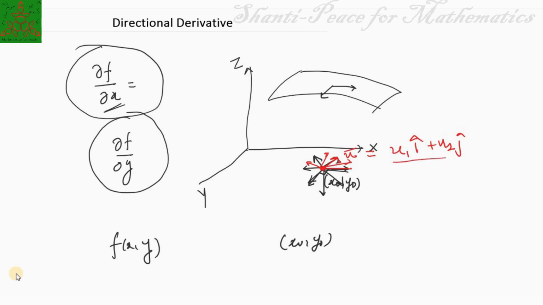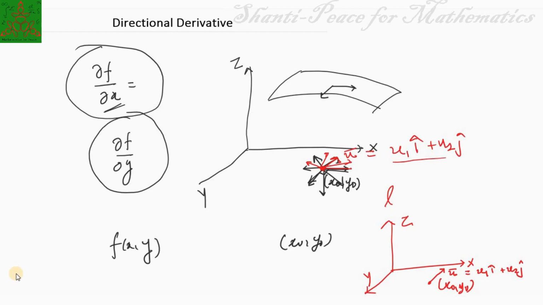And this vector is determined in the xy plane, and I will call that line L. If I redraw this figure, it will be your x, y and z axes, and there is a point (x0, y0) here. There is one vector u that I am considering whose initial point is (x0, y0), and the vector is u bar, which is u1 i plus u2 j. Yes, that is the condition that we are taking.